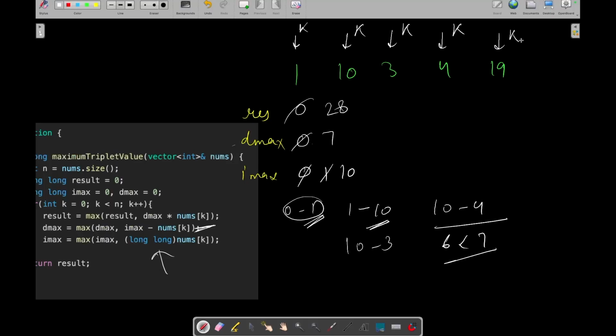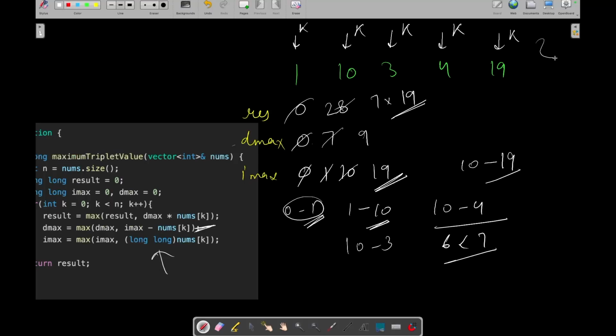Now in the next iteration k is pointing to 19, so 7 into 19 will get updated as a result. Now let's update dmax and imax. So dmax will be imax minus nums of k, which is 9, and imax will be the maximum of imax and nums of k, so it will be 19.